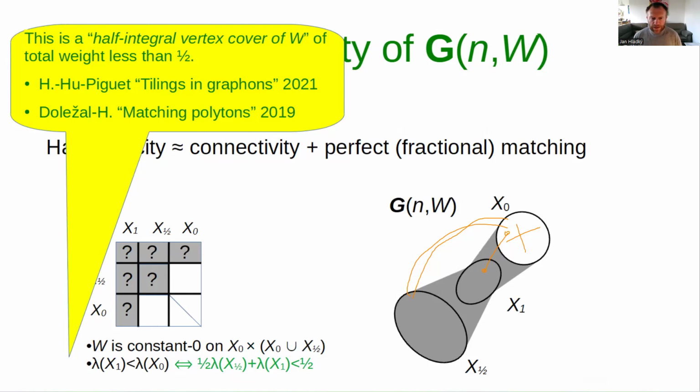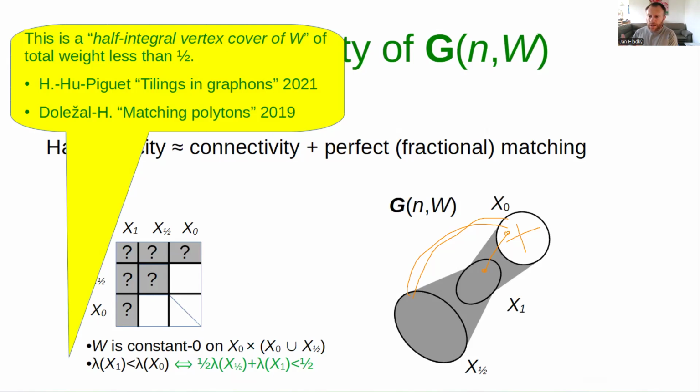You can recall the standard LP duality, that is, the maximum size of a fractional matching is captured by its dual, the minimum weight of a fractional vertex cover. Okay, so when I said that the additional obstruction compared to connectivity is in G and W not having a perfect fractional matching, which is obviously a necessary condition for Hamiltonicity,